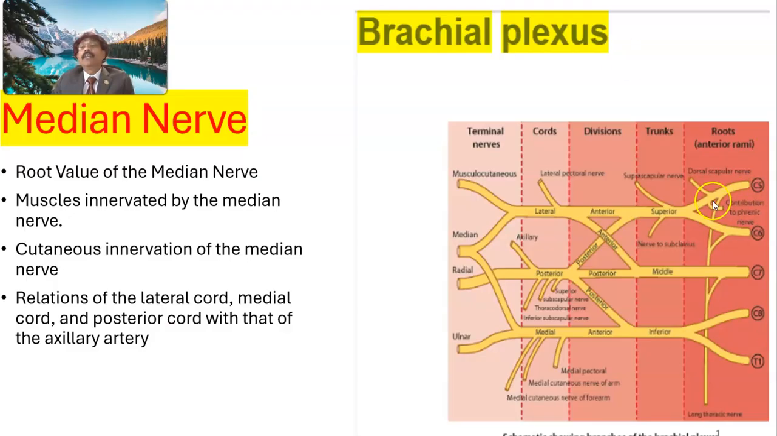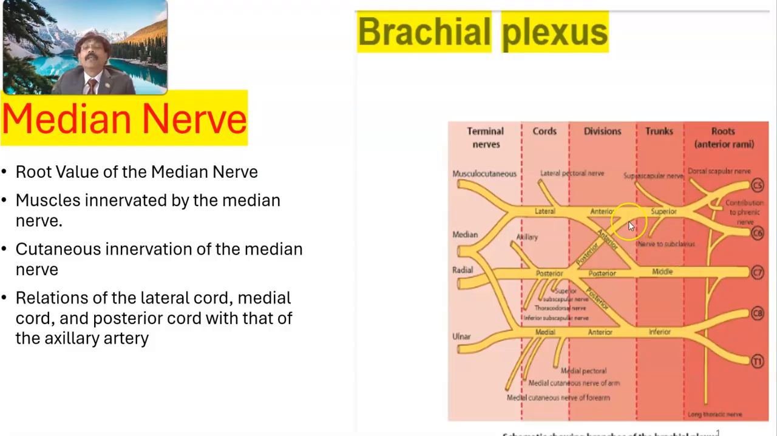From the root, we're also getting another branch, the dorsal scapular nerve from C5, and this nerve supplies the rhomboid major and rhomboid minor. It may also supply the levator scapulae. From the root C5, we are also getting a contribution to the phrenic nerve. We know the phrenic nerve has root value C3, C4, C5. From the upper trunk, or superior trunk, we have the suprascapular nerve that supplies the supraspinatus and infraspinatus. We're also getting the nerve to the subclavius, which innervates the